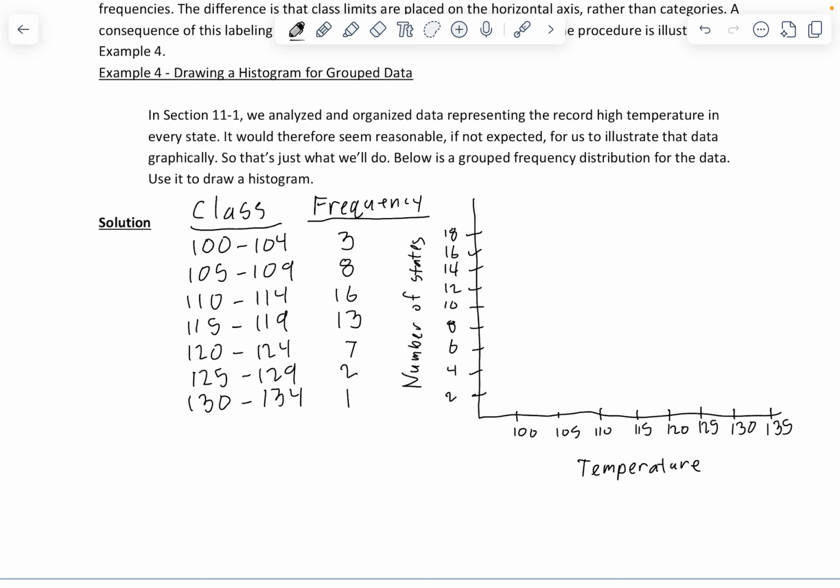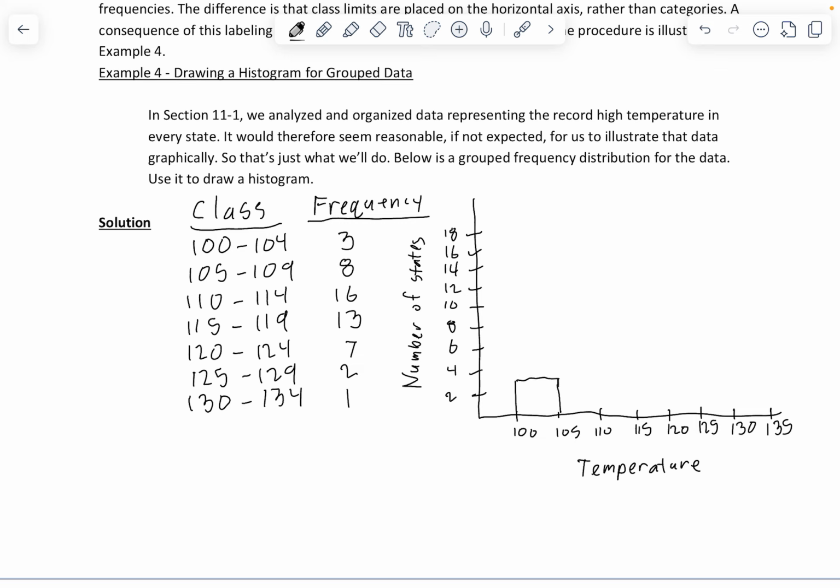Right, so remember, 3 states had record high temperatures between 100 and 104, 8 states had record high temperatures between 105 and 109, and so on. So for each class, I'm going to have a rectangle or a bar. So it's basically a bar graph, but again, the bars don't have any gaps between them. So the first class has a frequency of 3. So I'm going to draw a bar that goes up to 3, that's halfway between 2 and 4,